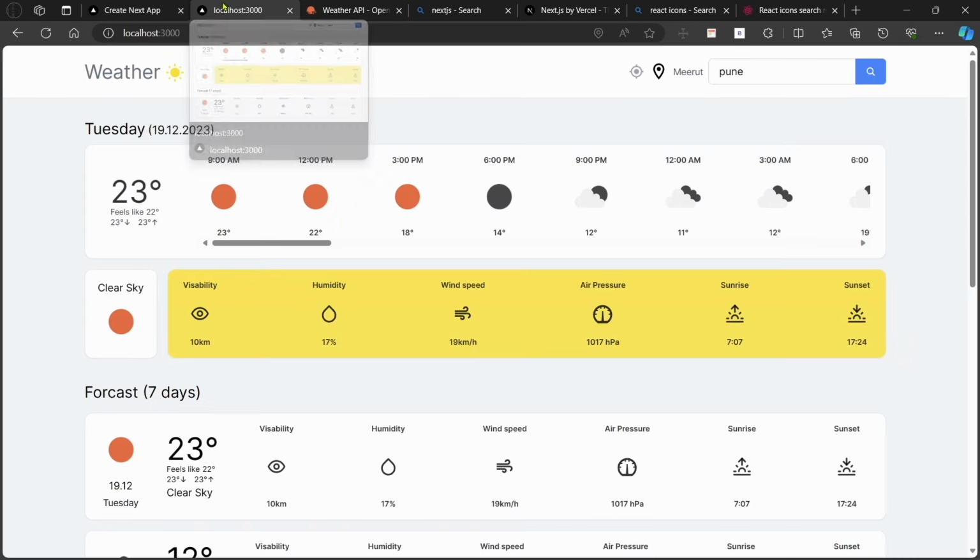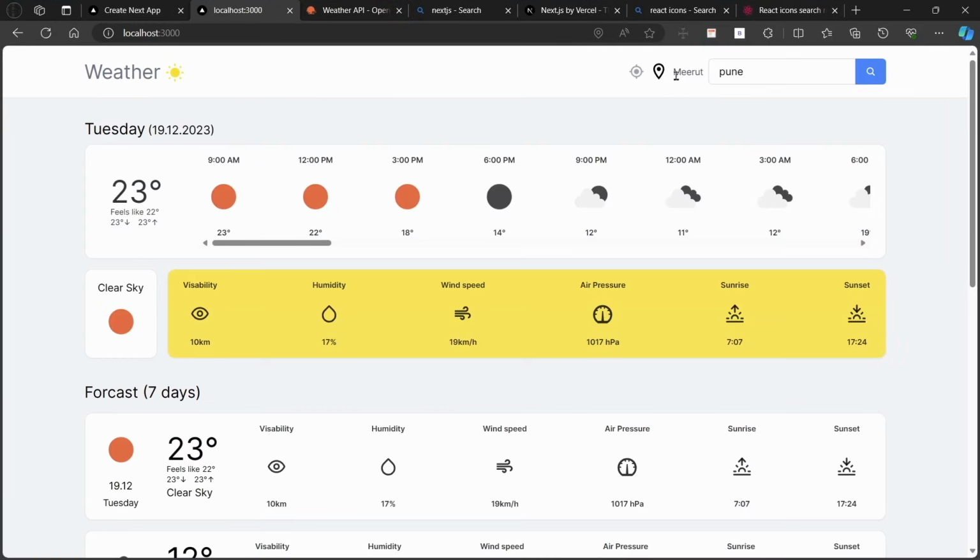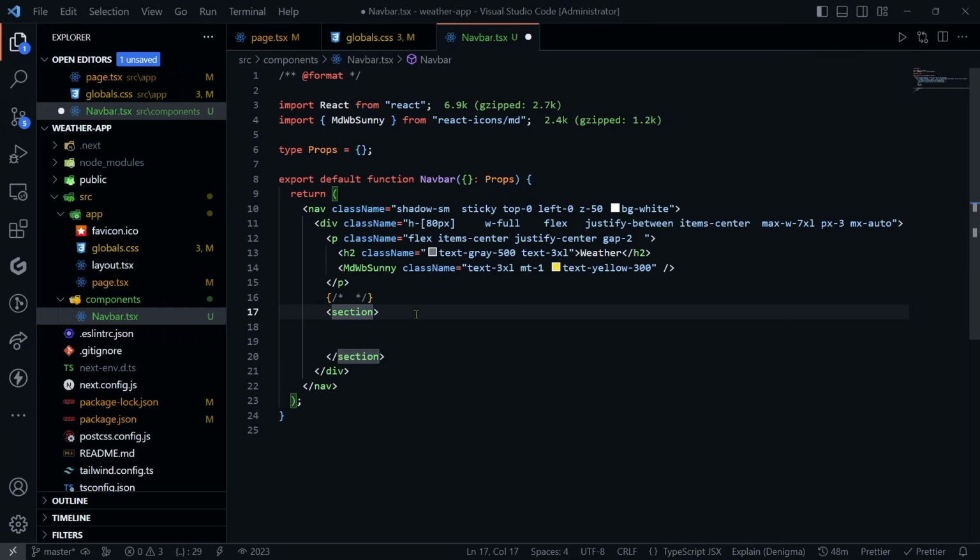And now we have created our logo or icon something like this one. Now let's create our search bar component. For that I will create another section, and inside that section, if you see in the final output, we have a location icon, and after that we have a search bar component. So first of all let's import these icons, and after that we will create our search bar component,